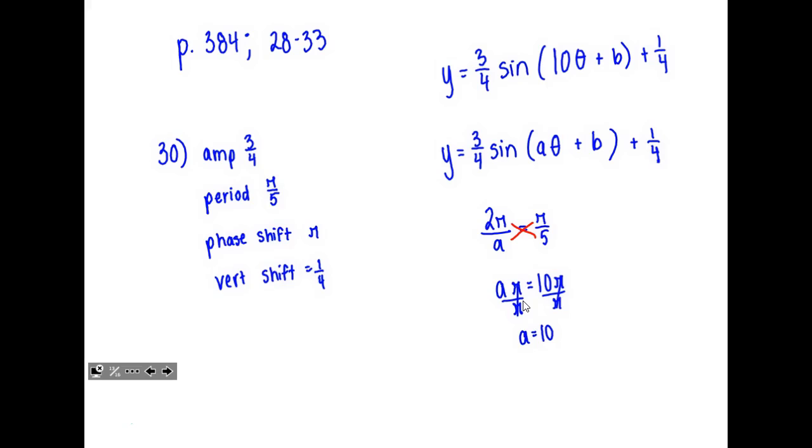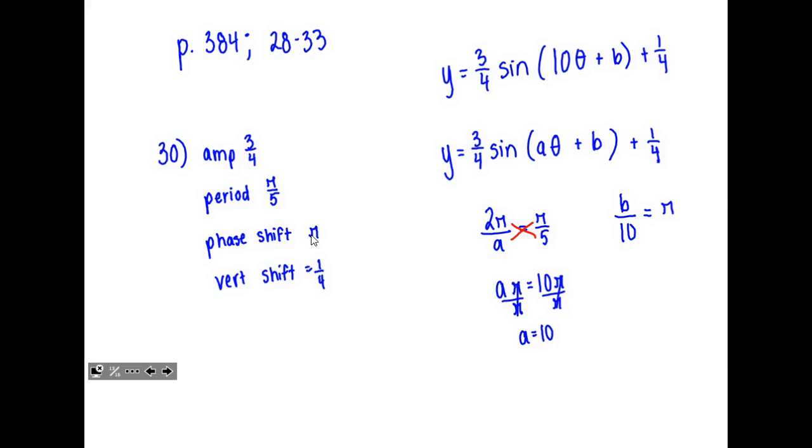Okay? We're going to do the same thing for b. I need the phase shift to be pi. Alright? So for this b, if I take b and divide it by a, that gives me my phase shift. Right? Actually, I shouldn't be using a because we found a. What is a? It's 10. So I would take b and I would divide it by 10 because we've already found that, right? Always do your period before you worry about your phase shift because you can't do your phase shift unless you know what that number is in front of the x or the theta. So b divided by 10 would give me